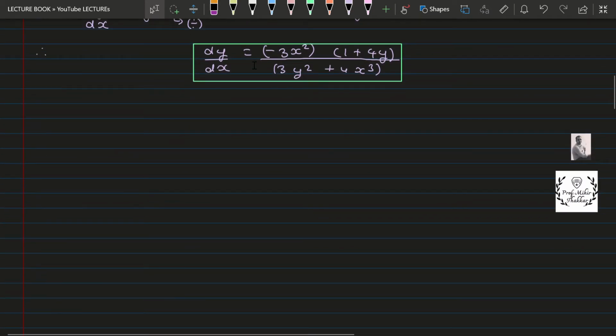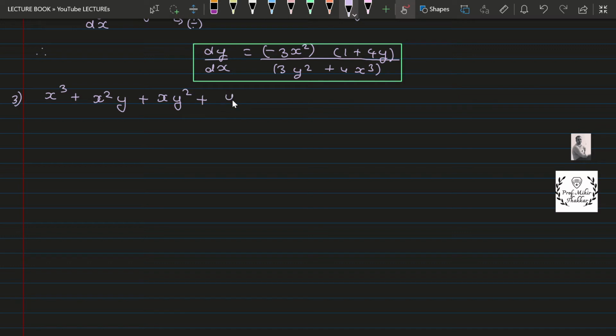Okay, we have a similar question, sum number 3. The question is x cube plus x square y plus xy square plus y cube is equal to 81. Now when we want to find the derivative of this function, we will once again say